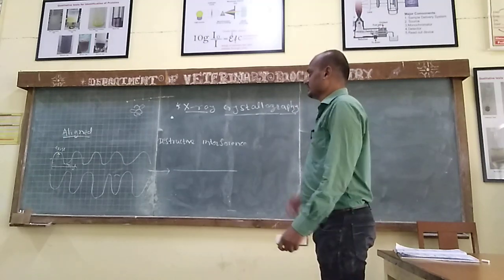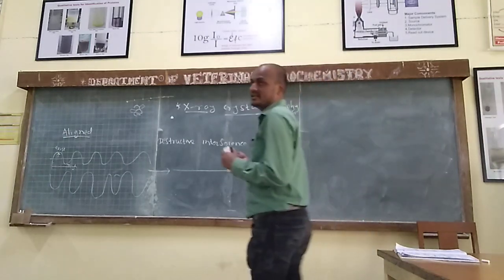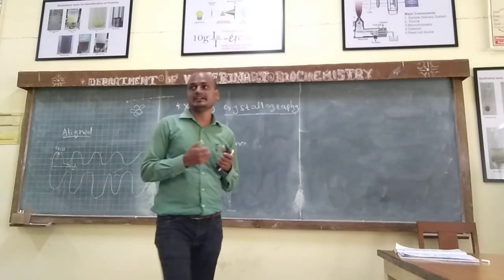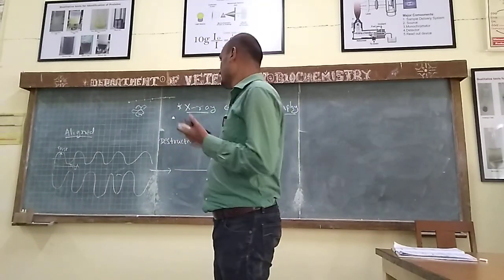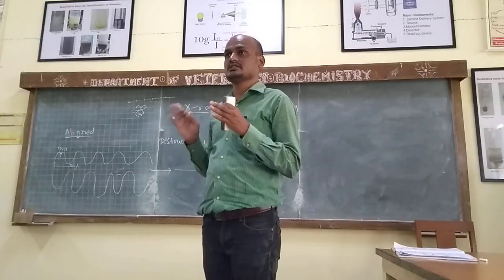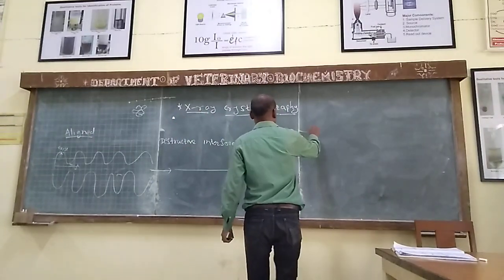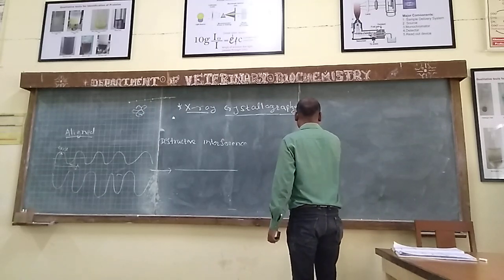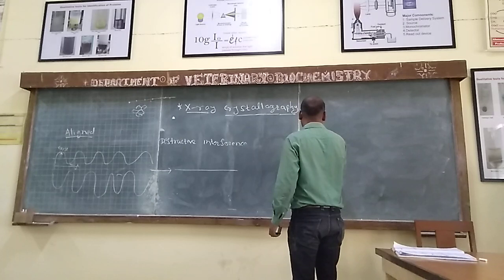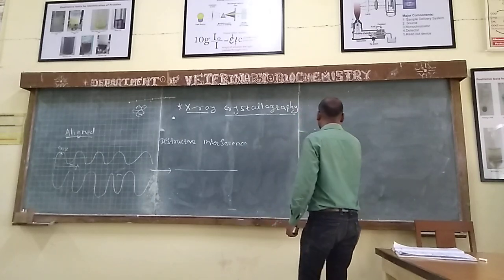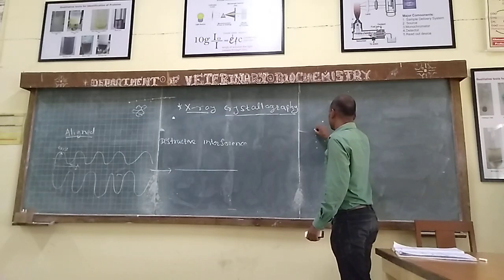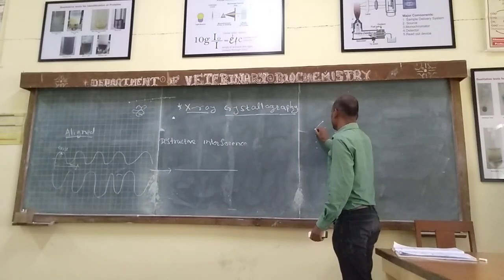So basically, the principle when we are saying X-ray, mainly we are talking about the light and how it interacts with the object. Okay, a particular solid structure arrangement is there. So this is our atom. When we say protein, this is 1 atom, 2 atom, 3 atom, 4 atom, 1, 2, 3, 4, 1, 2, 3, 4. How are they interacting with each other? So this interaction we are going to study.